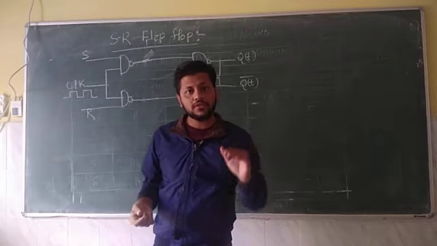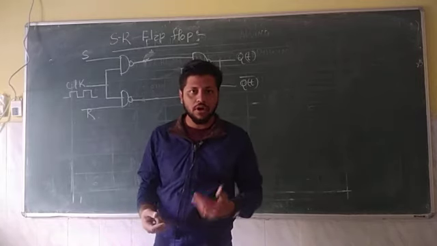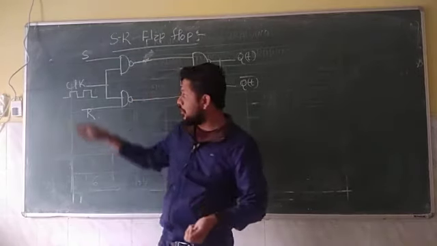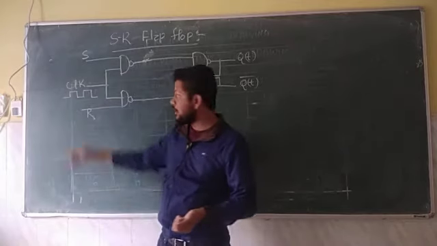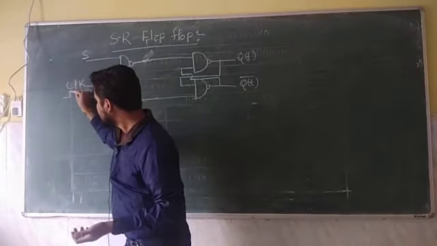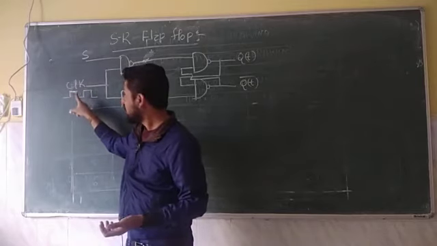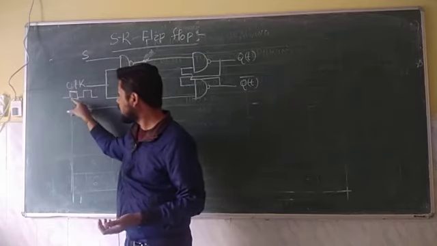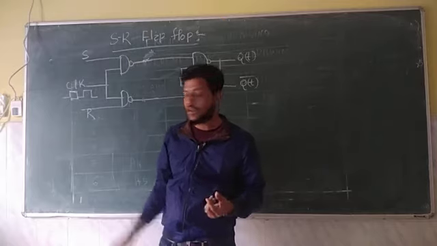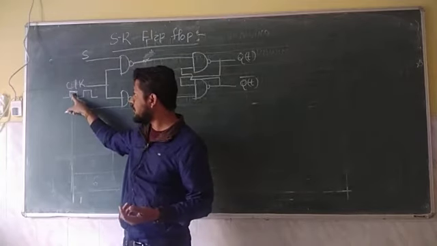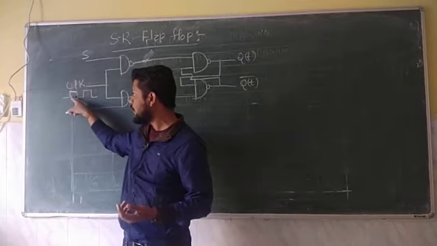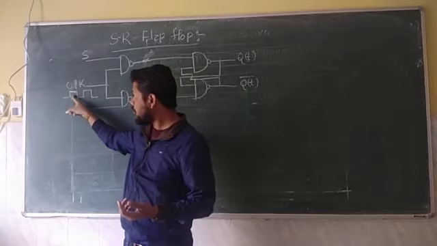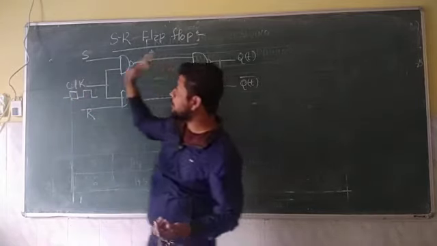Only when that clock signal is high, for example in level trigger, or at the edge, for example in edge trigger. For example, this is level trigger: this clock is high, this pulse is high, and this is the low pulse. When this pulse is high, only for this duration, for example if the total width is 10, this high pulse is on and this low pulse is off. So if the total duration is 10 seconds, the on time is 5 seconds. Only for these 5 seconds will the output respond to this input.